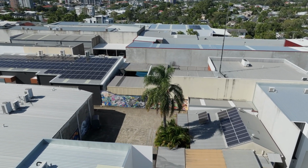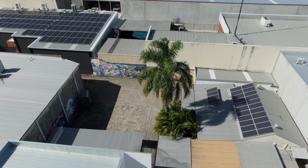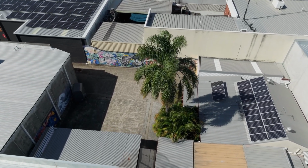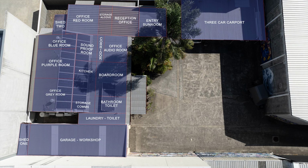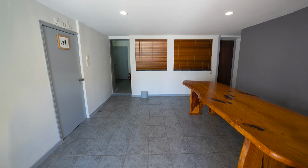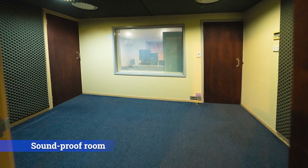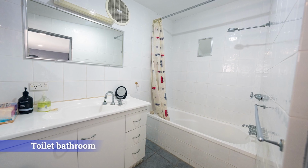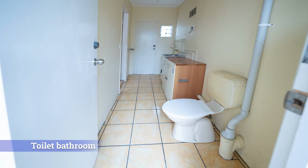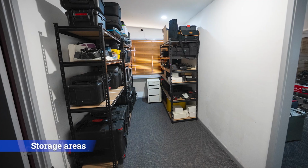82B Minnie Street presents a unique office accommodation opportunity in Southport, Gold Coast, with 134 square metres of office accommodation containing 6 separate office areas. A boardroom, soundproof room, fully equipped kitchen, bathroom with bath and shower, and 2 toilets. There is also a 15 square metre sunroom, storage areas,